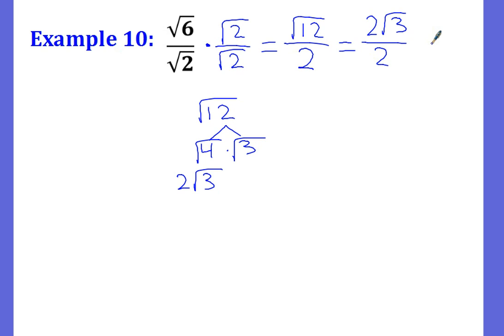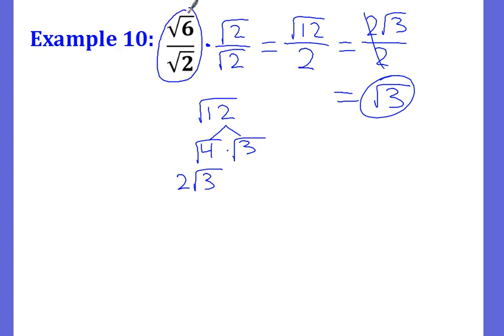We do have a 2 and a 2. We can reduce that to just 1, right? 1 over 1. So this actually reduces to just the square root of 3 because these would cancel out. Boom, you're done. I don't know if you recognized it, but we could have done this in really one